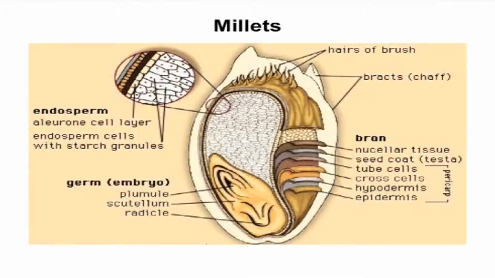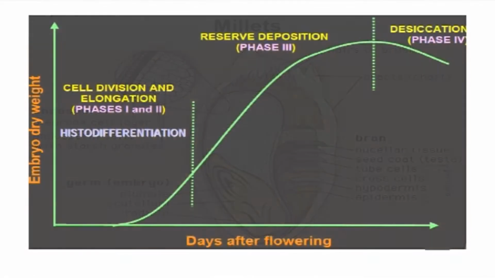In legumes, the cotyledons grow and start to accumulate protein and oil. The embryonic axis also grows linearly, and in millets it is differentiated into shoot and root, as in dicots. In phase 4, which is the desiccation phase, the funicular degeneration occurs. Due to funicular degeneration, the mother plant is cut off from the seed and thus no entry or exit of food